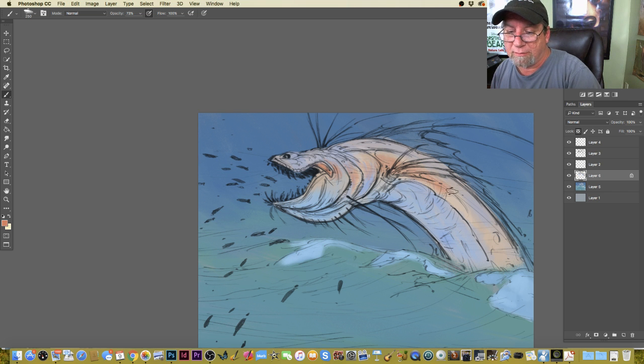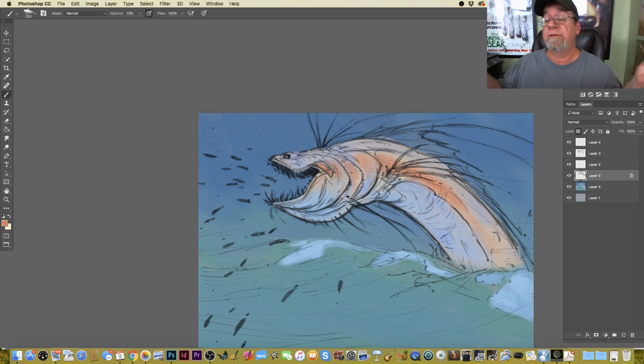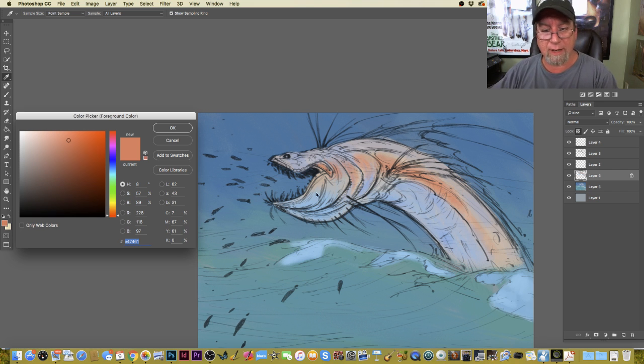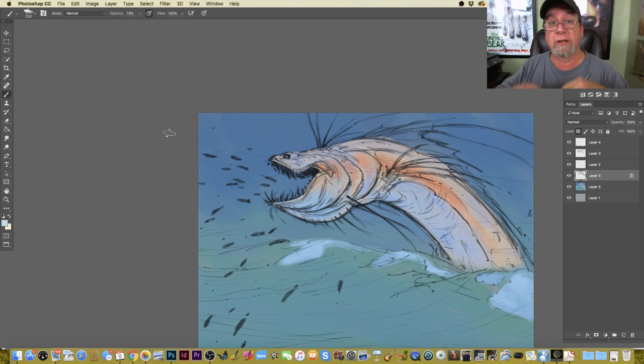I want to get a little stronger color coming down the side of the fish right there. But really, sometimes I have no idea what I'm going to draw. I feel like drawing and I know I want to get it out of my system, but I have no clue what I'm going to do. So I just sit there and start drawing, literally just start randomly drawing whatever pops into my head, and nine times out of ten I'll come up with something. So I'm just going to define this a little bit more,